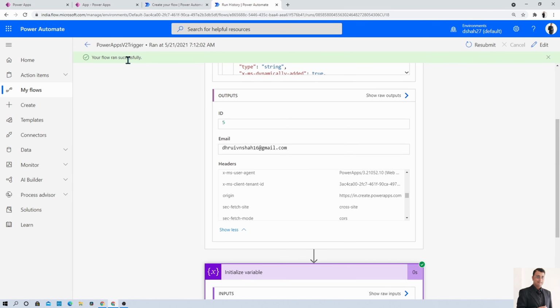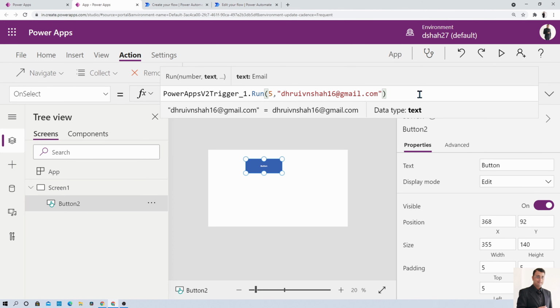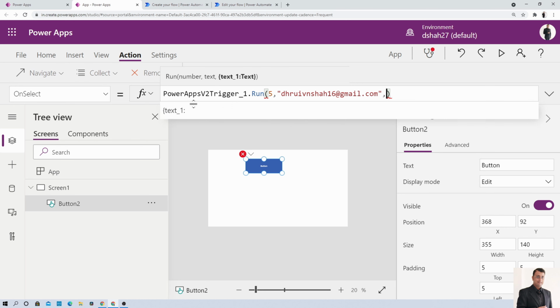Now let's say, for example, what happens if you want to pass the optional parameter as well from your Power Apps to Power Automate. So I simply need to pass my address, so just press comma. It will provide you the suggestion for which you need to provide the value. So just select this text one, and over here you need to pass your address value. So let me pass my address as India, and let me just close my curly braces. So the thing is that for the optional parameter you need to pass it in curly braces like this, right?